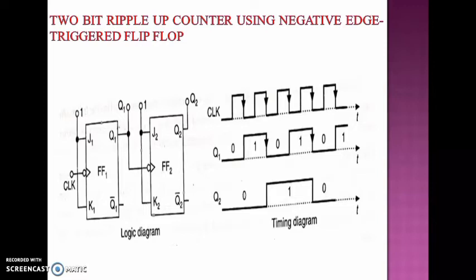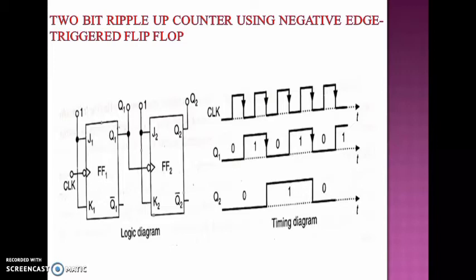When the first clock is applied, flip-flop 1 toggles at the negative going edge of this pulse. Therefore, Q1 goes from 0 to 1. This becomes a positive going signal at the clock input of flip-flop 2. So, flip-flop 2 is not affected and hence the state of the counter after one clock pulse is Q1 equal to 1 and Q2 equal to 0.